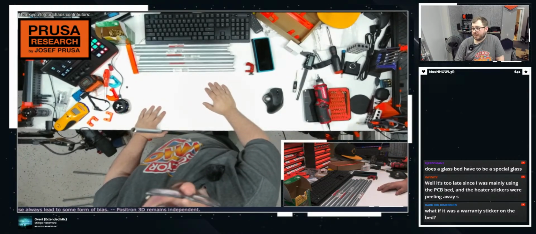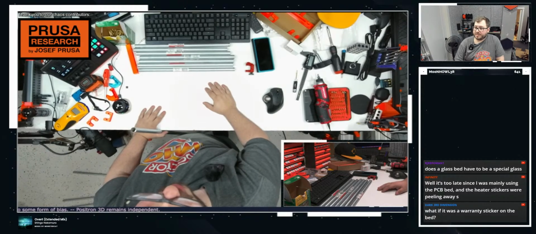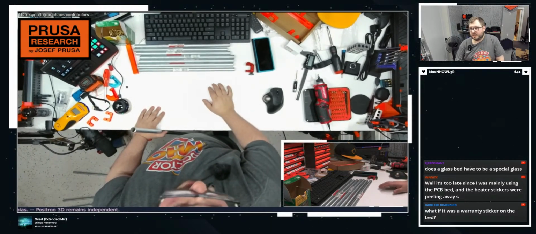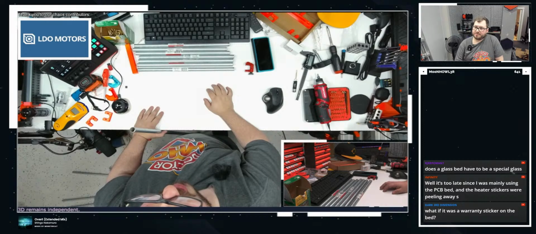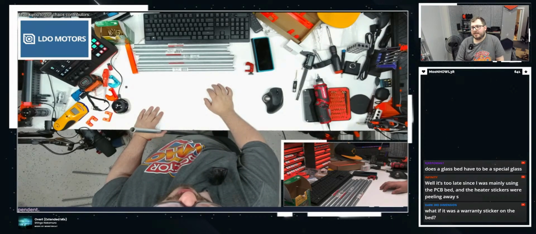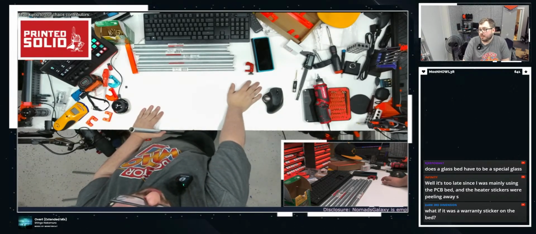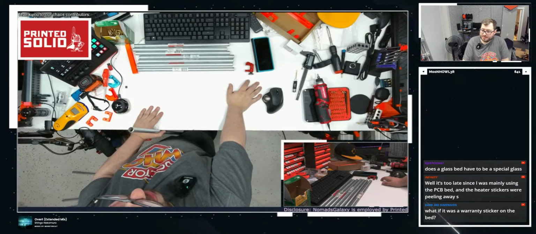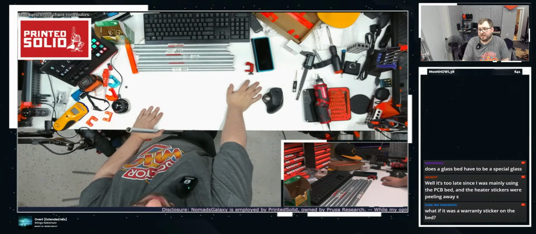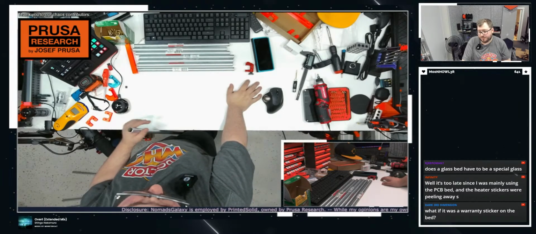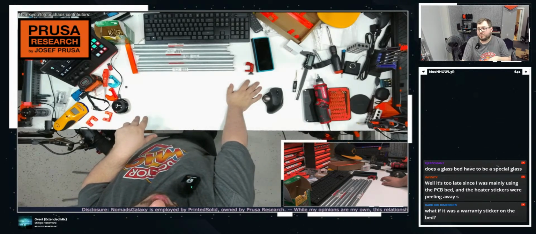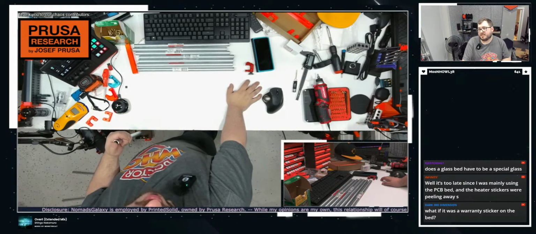Mind you, LDO is very kind and very gracious. They've replaced beds. For example, we did not tell people that they could not print ABS or ASA on the glass bed because we genuinely forgot that ABS and ASA stick really, really well to glass. We forgot that common knowledge because people haven't printed on glass in a while. Someone damaged their bed and we straight up went, oh, well, we didn't tell them not to, so we have to honor the warranty. But once we knew about it, we made sure to tell people not to do that on the glass bed. So we made the PCB bed and said, hey, use this to print ABS and ASA.